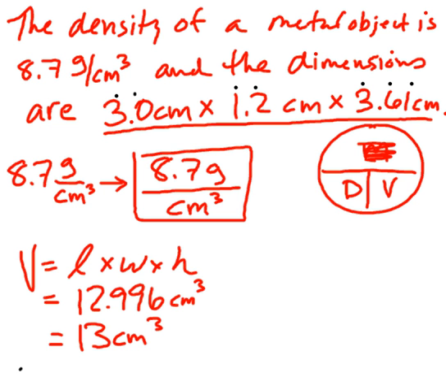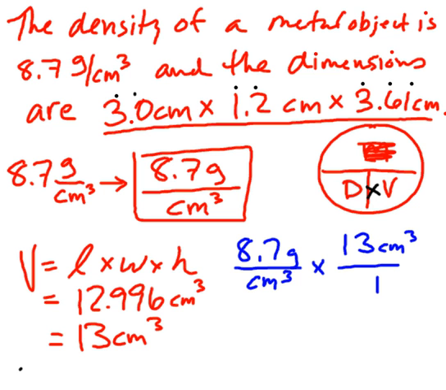Now, what do I need to do? I need to multiply, just like that. So I will go 8.7 grams per cubic centimeter times 13 cubic centimeters over 1. Well, take a look. Cubic centimeters are going to cancel out. I'm left with grams. So my final answer will be in grams, since I'm trying to find the mass. Final answer being equals